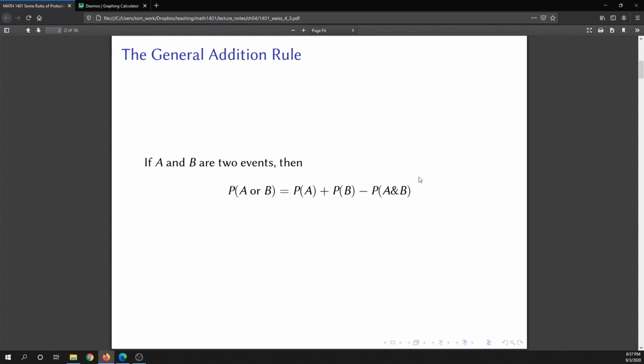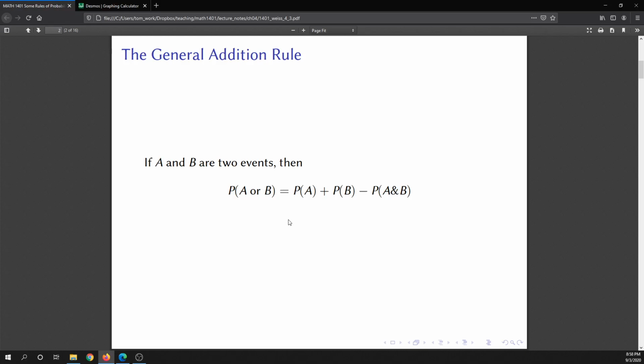And so this rule here, the general addition rule, tells you how to calculate the probability of the event A or B if you know the probability of event A, the probability of event B, and the probability of A and B occurring. Okay, so this rule works as long as you know these three things. It's like the name implies, a general rule. This will work every time, as long as you know these values here for calculating the event of A or